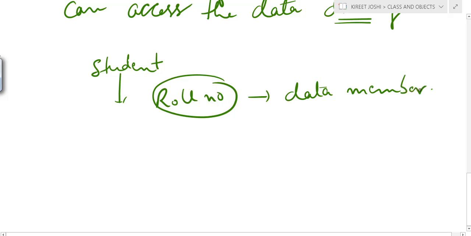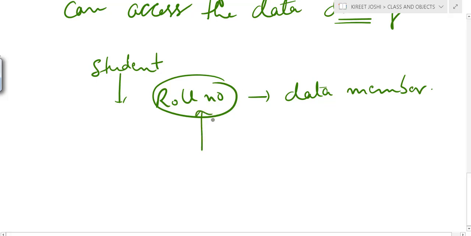Now if we are working in a university management system, there can be many modules and many programmers developing different modules. There can be a case that a different programmer tries to access your data. For example, a member who is developing the fee management system can access this roll number information.